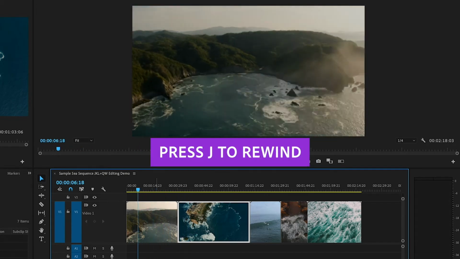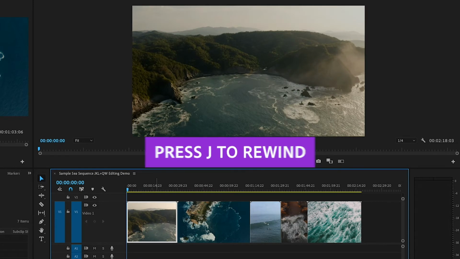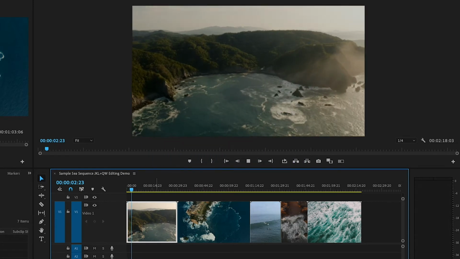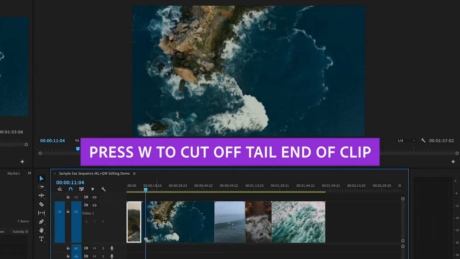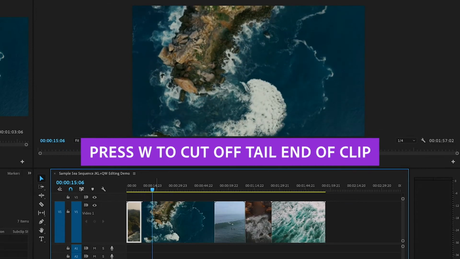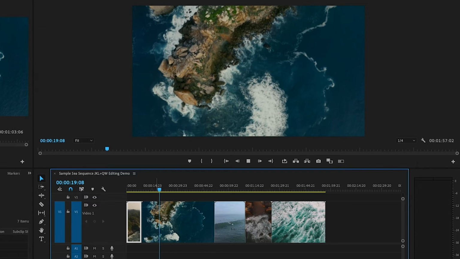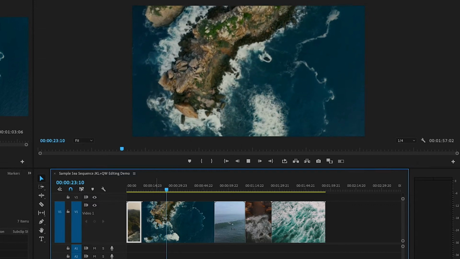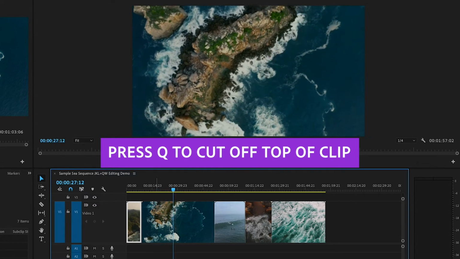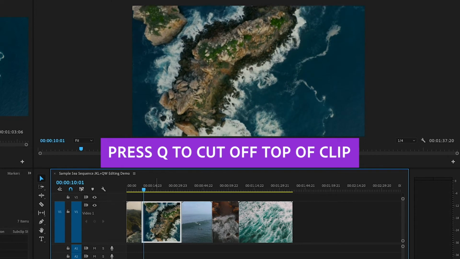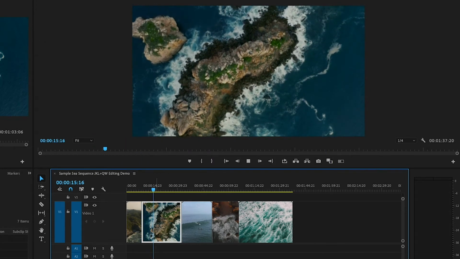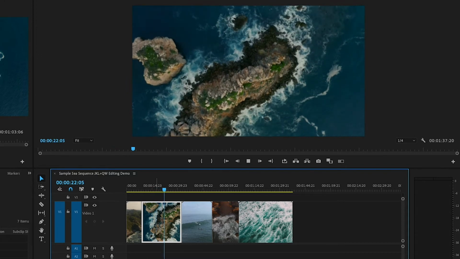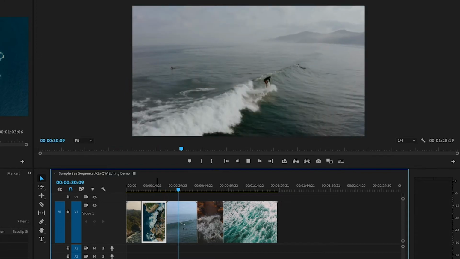To make cuts while you move in real time, press the L key to move forward. And to cut off the tail end of a clip, press W. This will ripple delete the tail end off the clip, and as you continue to shuttle forward and need to cut off the top end of a clip, press the Q key, and it will ripple delete the top end off. So try out using the JKL and QW hotkeys combinations in your next video edit and let me know